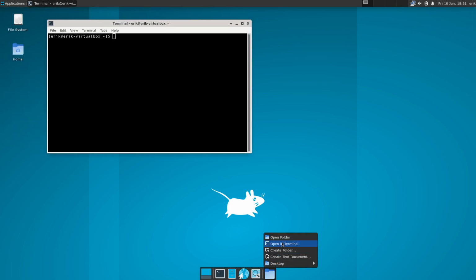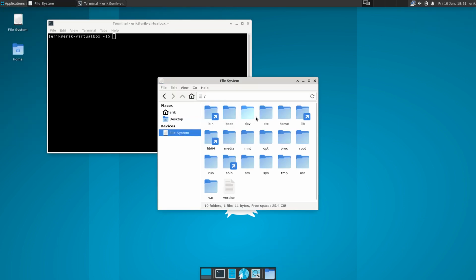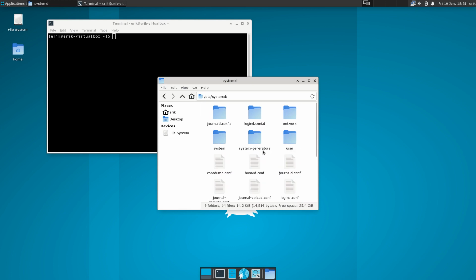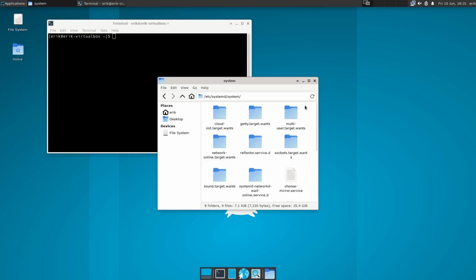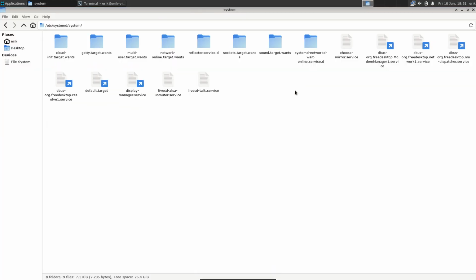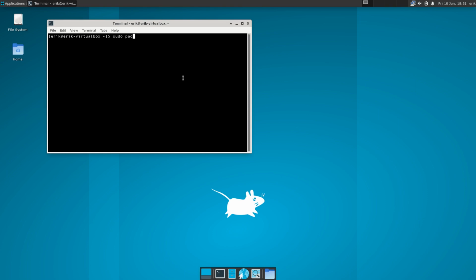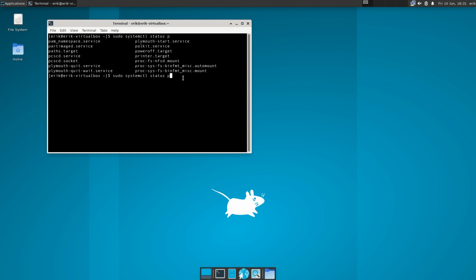We go here, we're gonna go to open folder, to file system, to etc, to systemd, to system, and here should not be pacman-init. I don't see a pacman-init. Is there a pacman-init here? There is no pacman-init there, right? So that means if I do sudo systemctl status, for example, of pacman-init, there is no pacman-init